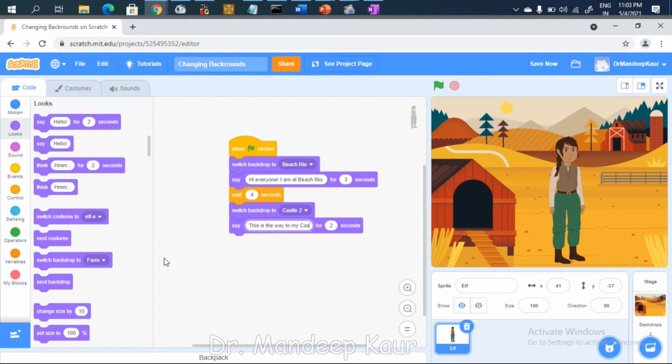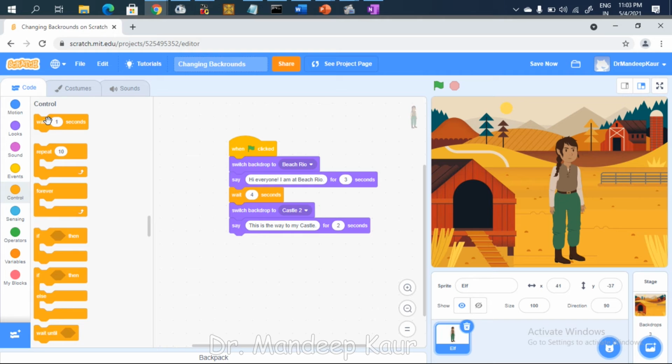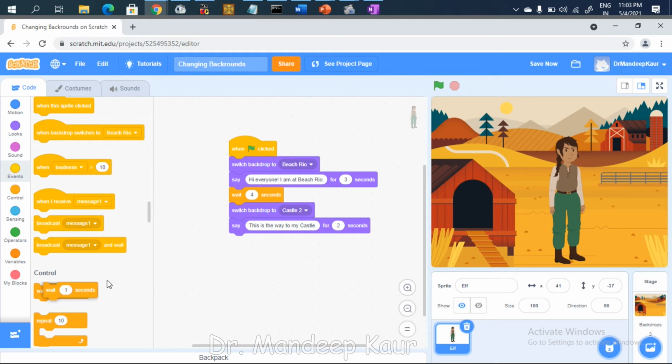Very simple. I'm just designing it like a story. You can do it at your end. And then we'll wait for some time. I'll go to the control option and select wait here. I'll have this for 2 seconds, that is this is the way to my castle.